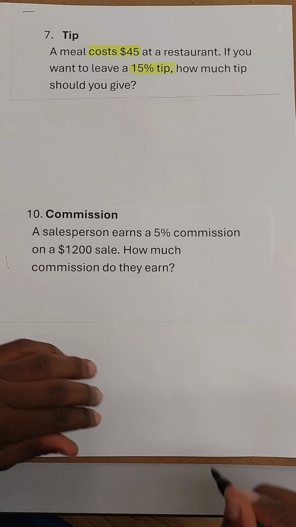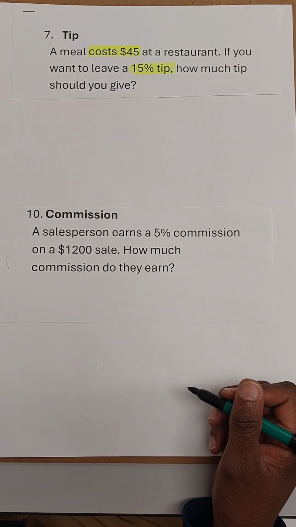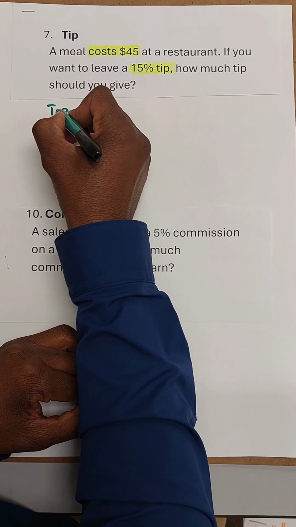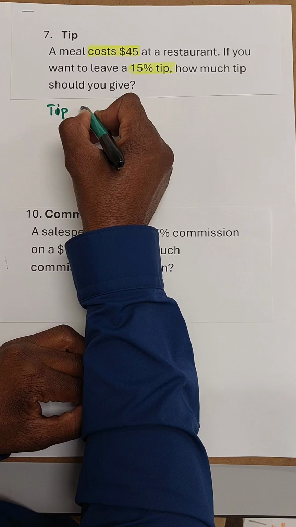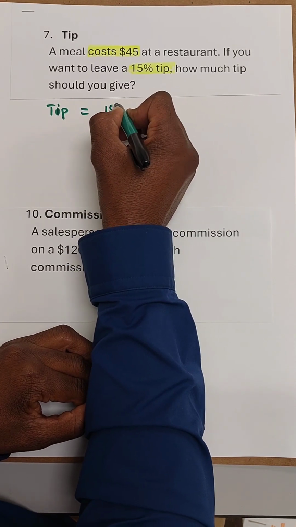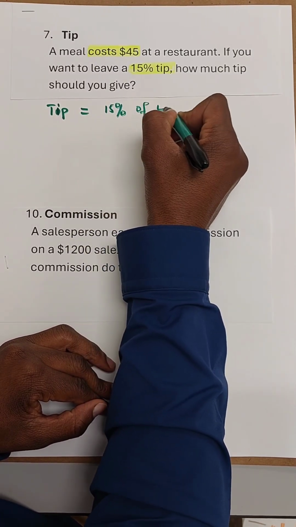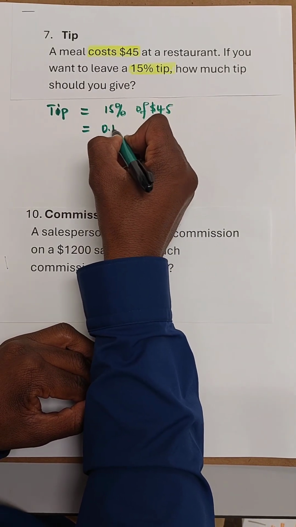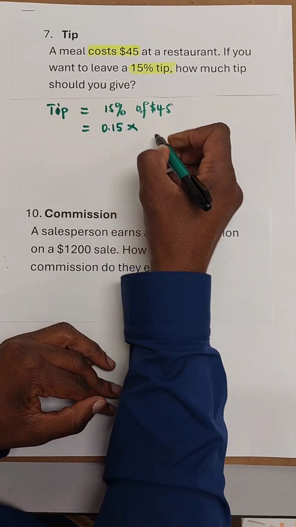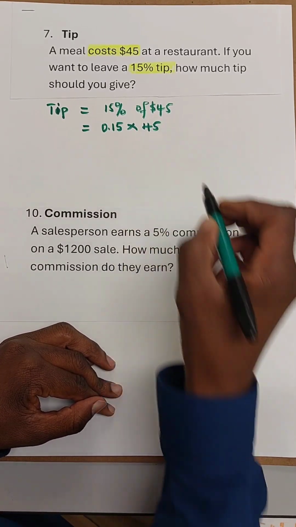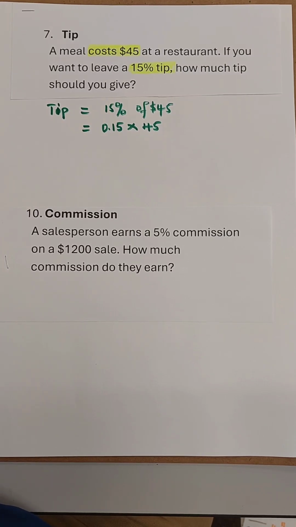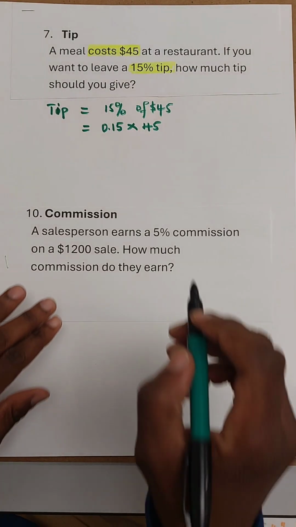Okay, that said, how much should you give for a tip if you were to give exactly 15% for the tip? So that tip will be 15% of $45. So remember, 15% is 0.15. The "of" means multiply by 45. Okay, you can quickly do that on your phone. The tip is going to be 0.15 times 45, and then you go, okay, the tip is